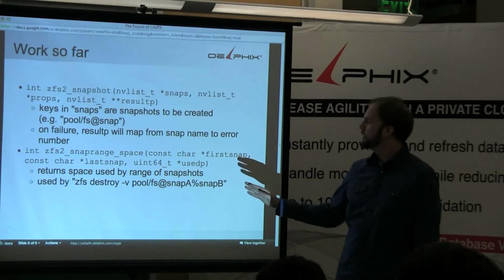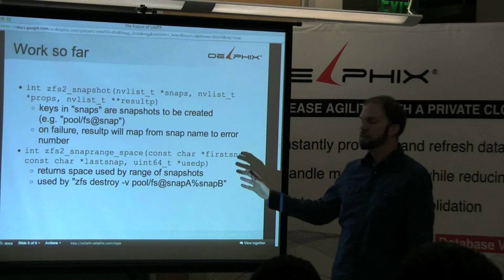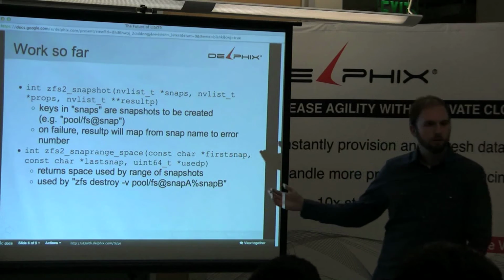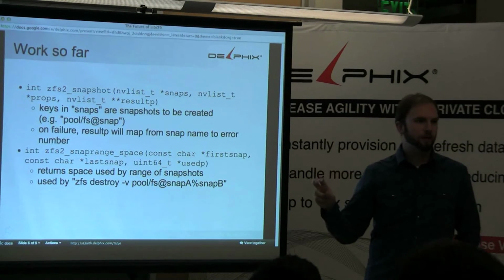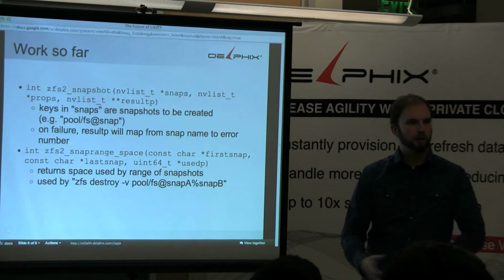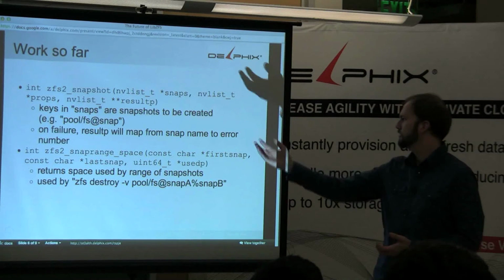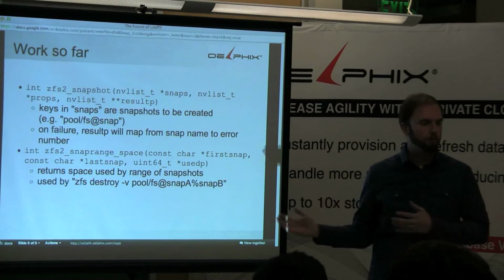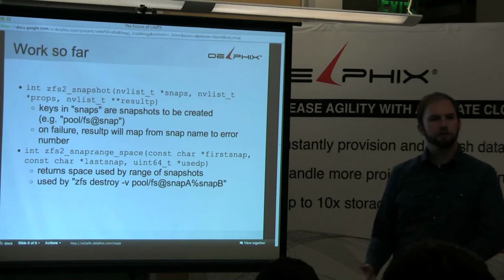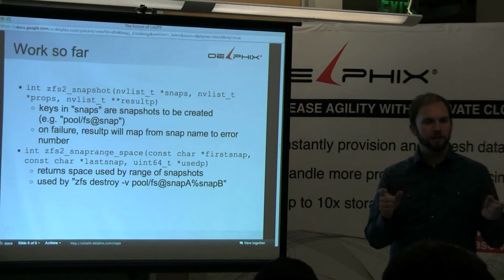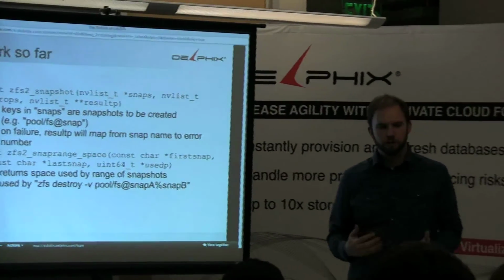Interesting things to note about this are that we're specifying the datasets that we're operating on with string names. Rather than in libZFS 1, where you'd open a ZFS handle. You specify the string name to open a ZFS handle. That would give you back a zfs_handle_t, which you could then use to do other operations like creating snapshots or getting properties or whatever. And what all of those routines basically did was get the name of the handle and then pass that down to the kernel. So you end up with this weird situation where